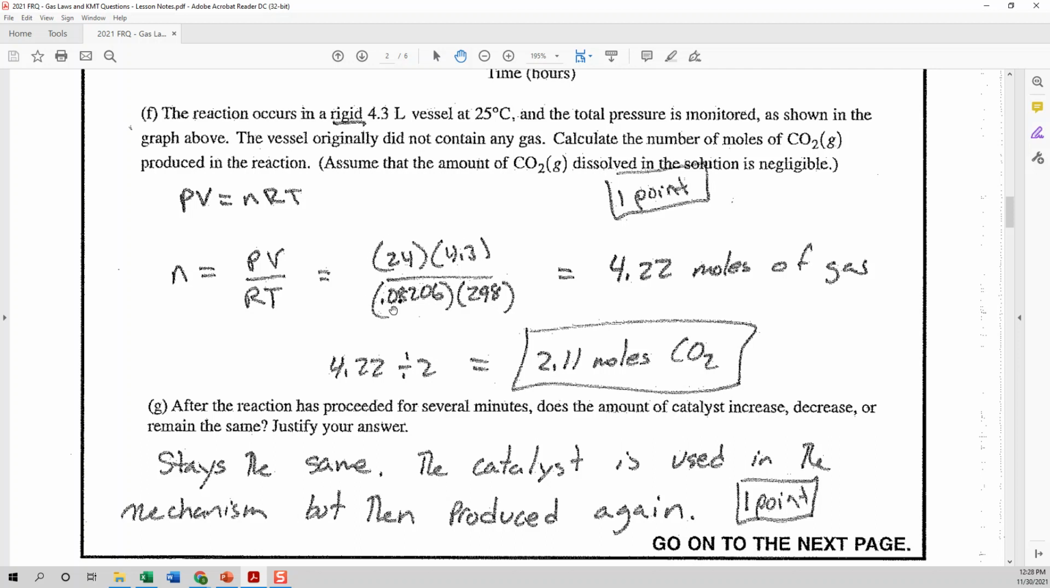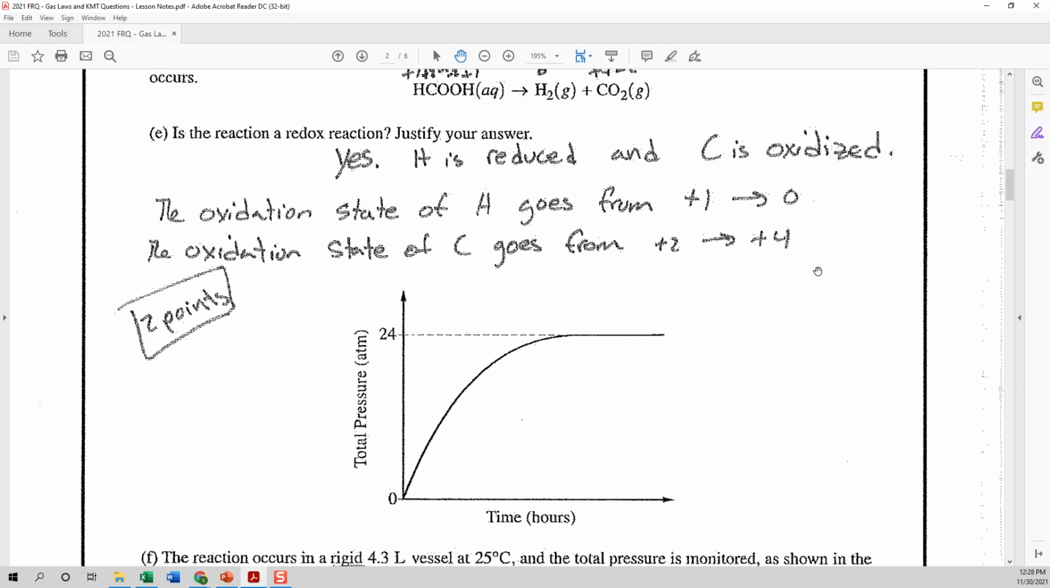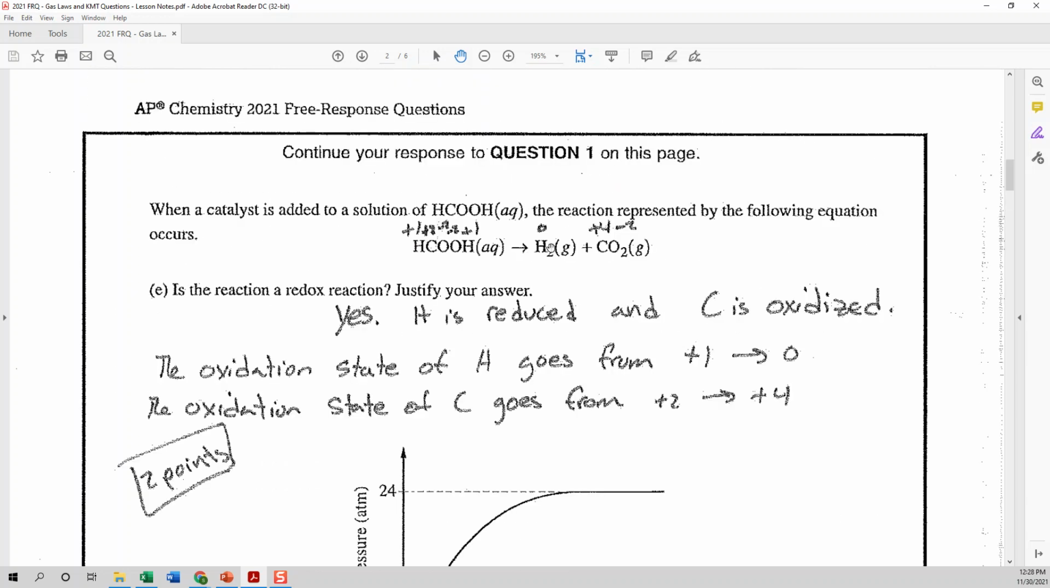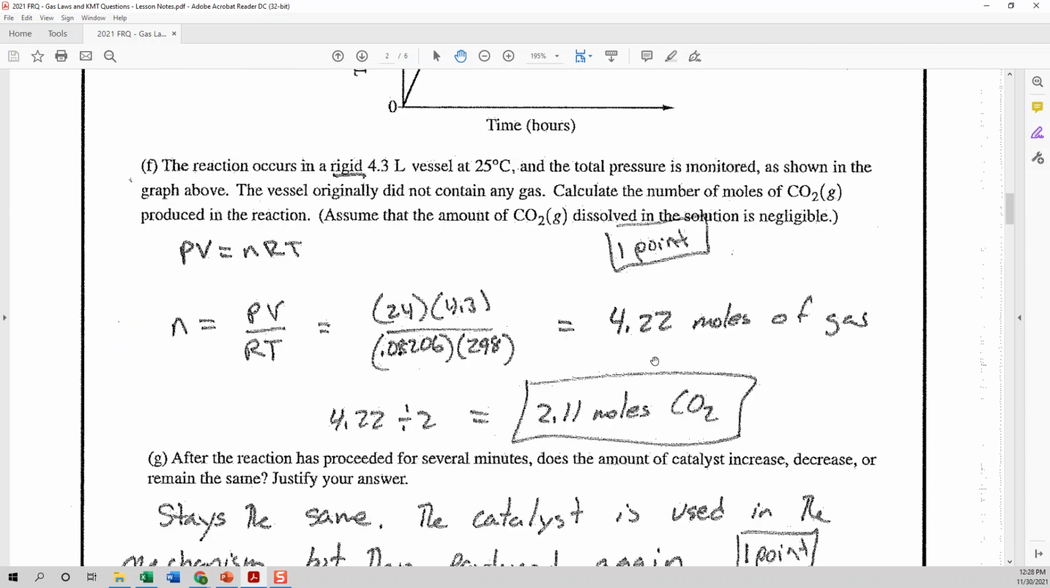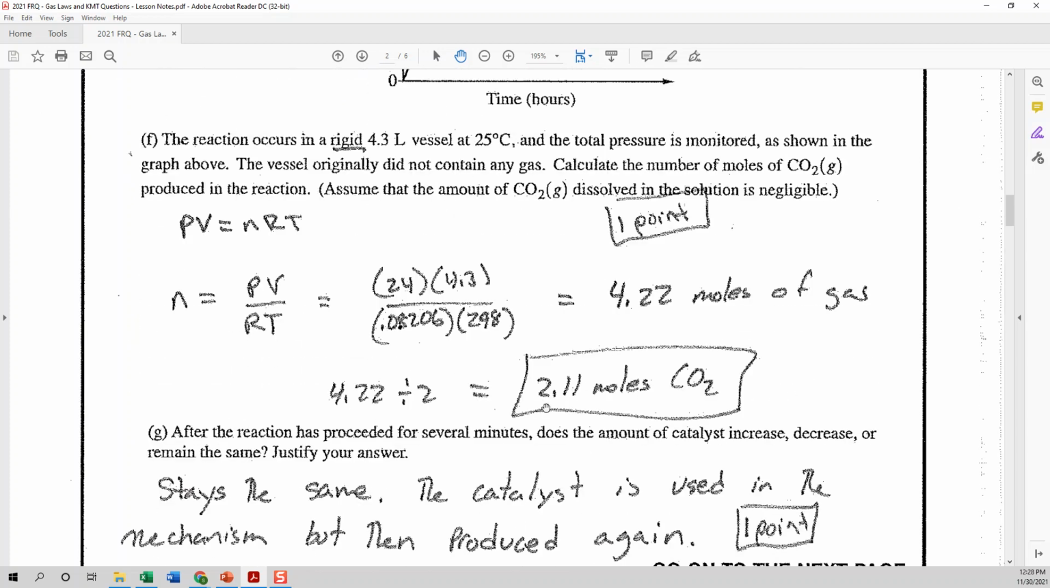And so when we solve, we get 4.22 moles of gas, but we have to remember that not all of that is CO2. That's the total moles of gas in the system. And because it's a 1-to-1 ratio, half of it's CO2 and half of it's hydrogen. So all we have to do is divide that by 2. And so we get 2.11 moles of CO2